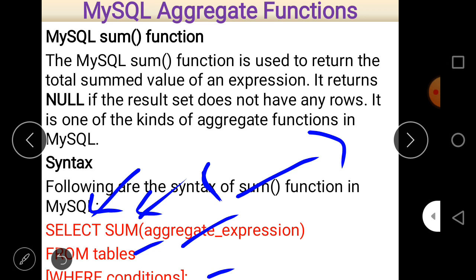On the basis of that we are going to find the sum, and then the keyword from, and then the table's name. There may be more than one table also, and after that, if required, we write a condition with the where clause. So this is the overall syntax of the sum expression.